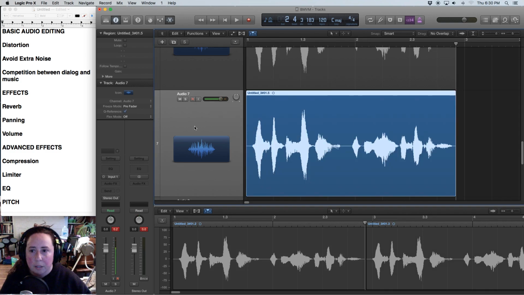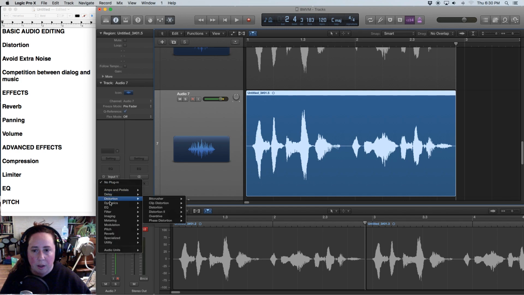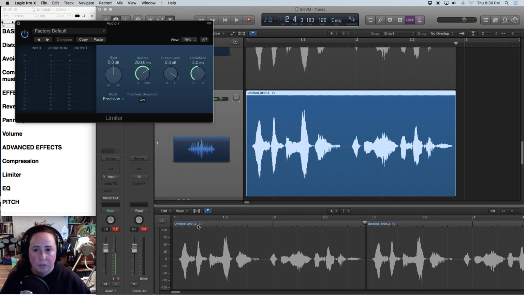All right, Google it. The next thing we're going to talk about here is a limiter. And what a limiter does is essentially it prevents your audio from going above a certain threshold. Okay, so right now the gain is set at 0, but if I set it all the way down to like -8,